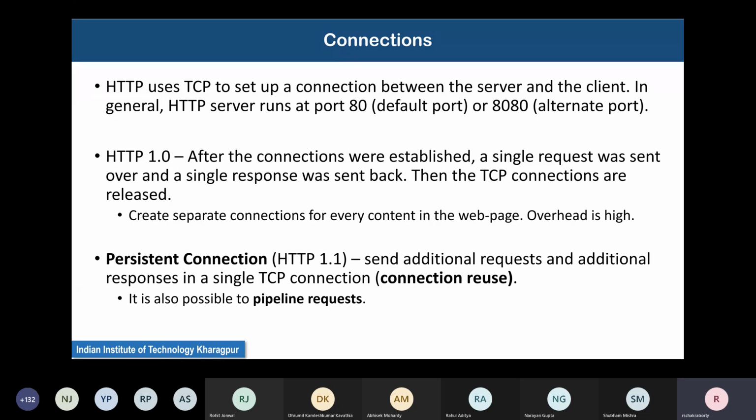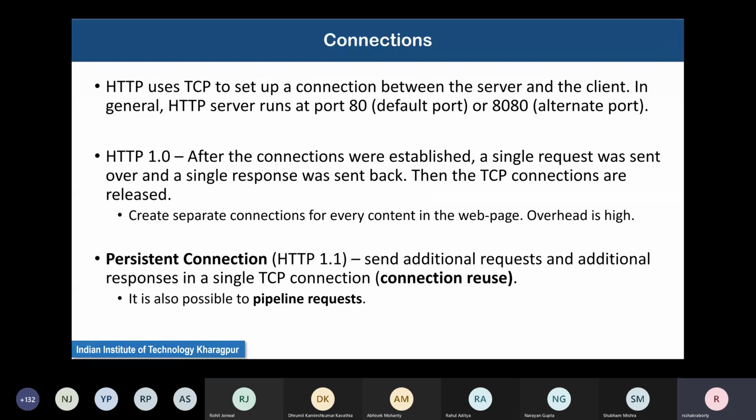Now in HTTP 1.0, once the connection was established, a single request for an HTML page was sent. The HTML page was sent back and immediately the TCP connection was released from the server side and the client side. There is a handshaking that goes on when the connection is released. Also, it is not very easy. It has several steps and a handshaking goes on and only then it is released.